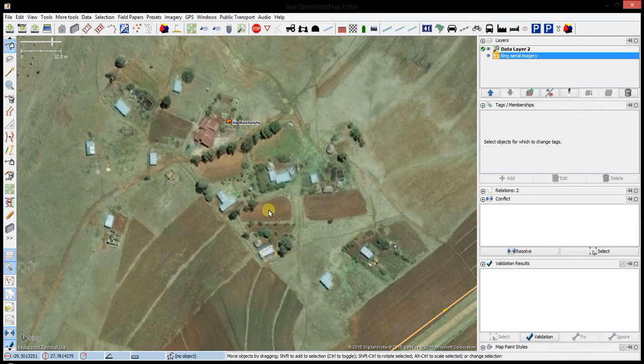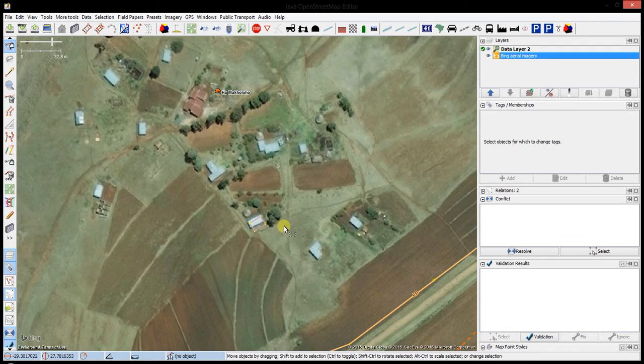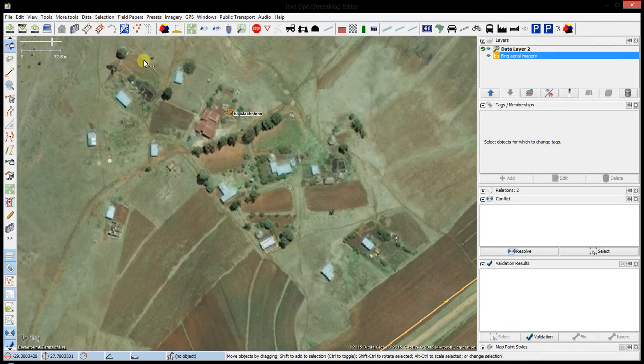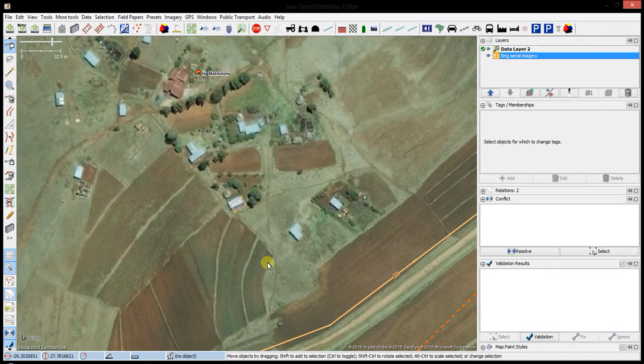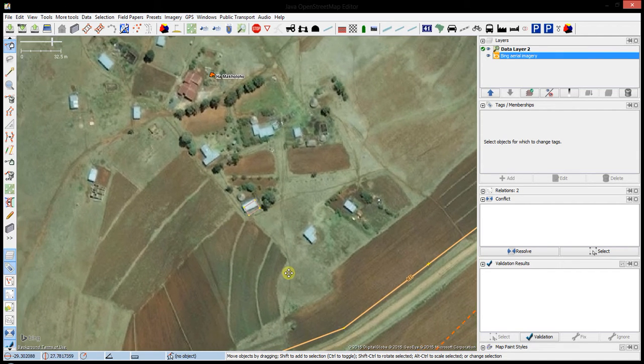Next I'm going to show you how to do some basic editing. So first off, we can see we have a village here, and there's nothing connecting this village to the major road network, but we can see here that there are footpaths or paths that have been worn basically by people walking, and we can see another one across here and another one coming down here. So what we will do is we will join these to the road,